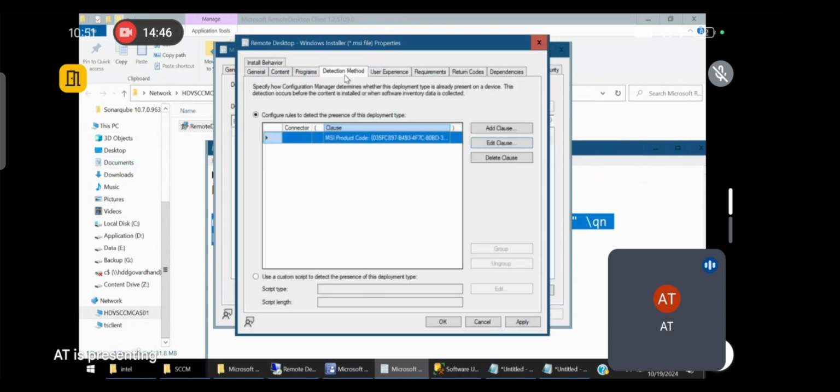This is the detection method we are giving: find out whether this particular registry value is present on the user machine. If it is present, then the application is said to be installed. If this is not present, the application is not present on the user machine, please install it. Okay, so how we will set this key means,